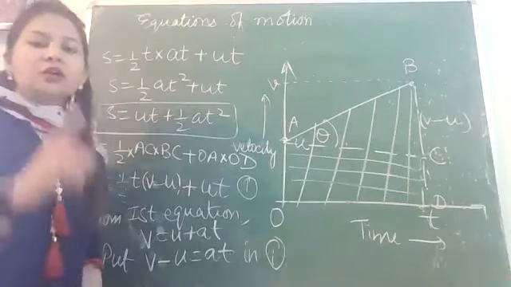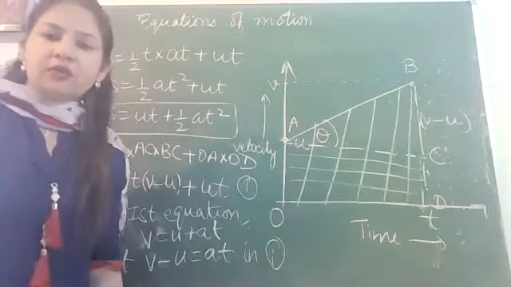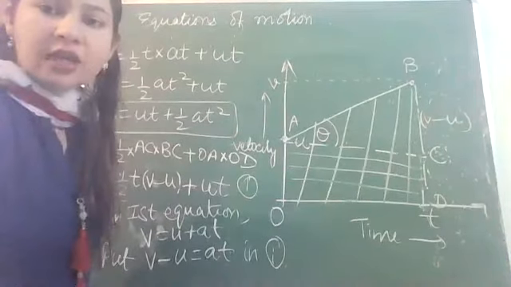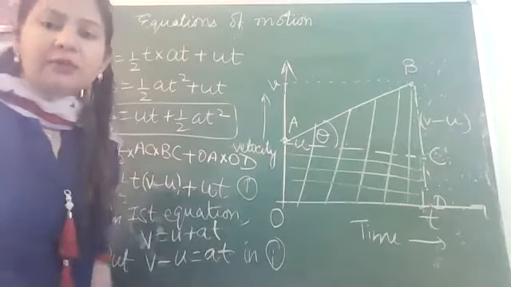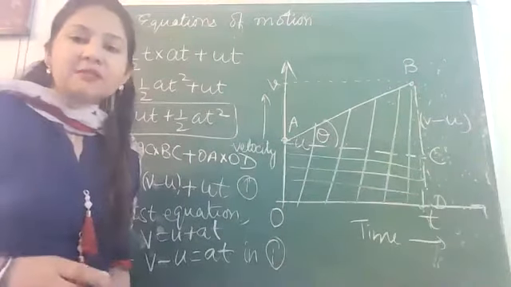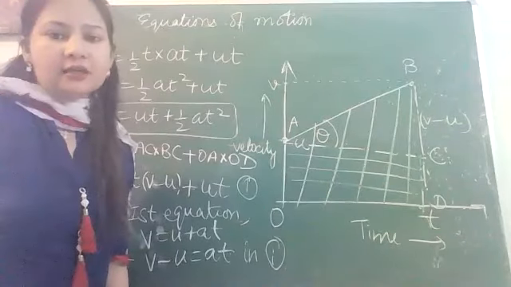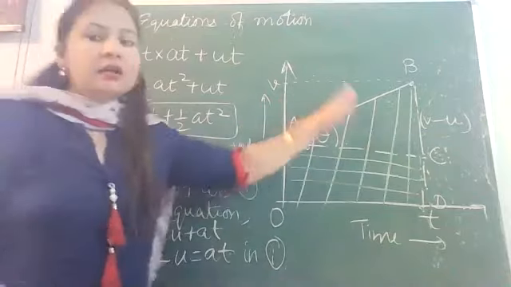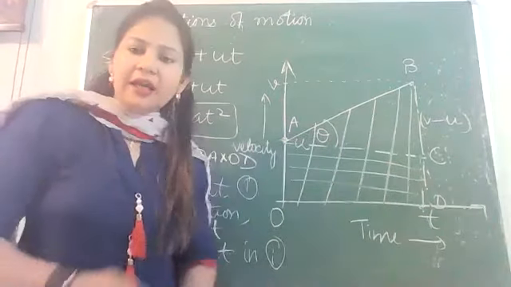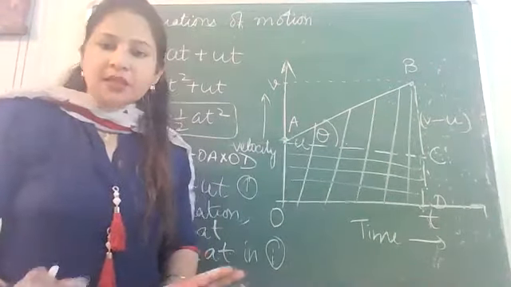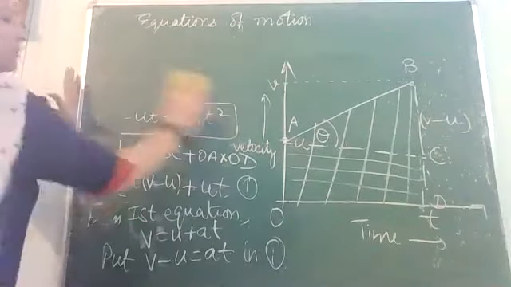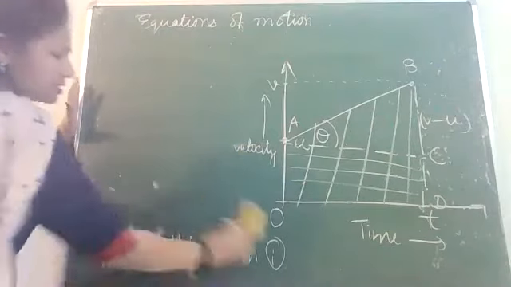All right. So the third equation of motion, now we are going to prove by again graphical method. So we are using the same graph and the same information that we know. Displacement is given by area under the graph. So our starting is exactly the same, but in this case we'll be taking the total area. We'll be taking the area of the trapezium. Okay? Now there is no problem. Now we don't want two terms.